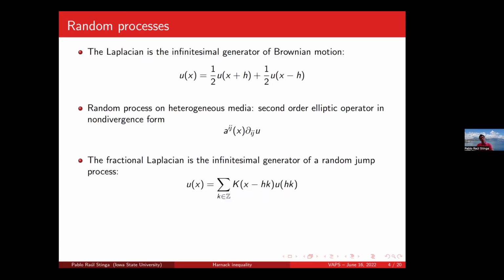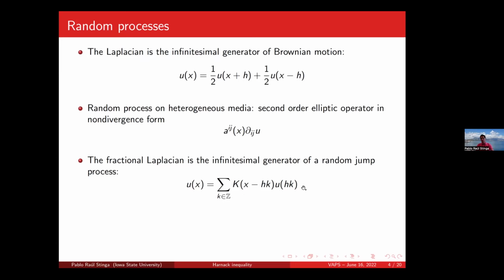Now the fractional Laplacian is the infinitesimal generator of a random jump process. So in this case, say the one-dimensional particle U is allowed to jump everywhere in the real line. Say we have a mesh of size H. So I'm allowed to jump anywhere, and the probability of being at the point X, by the law of total probability, is the sum of the probabilities of being at any other point, times the probability of jumping from X to the point HK. And this is a kernel that sums to 1. So if you choose the appropriate probability kernel, and then you take H to 0, you can